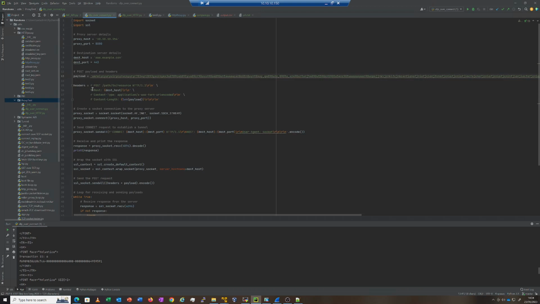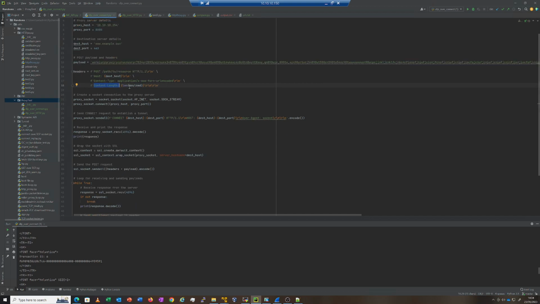And because we are posting, here is our method for the TCP socket, right? For the upload, we have to of course include the content type and the content length, otherwise the proxy will refuse that with 400 invalid requests. So we have to make sure we follow the RFCs, and